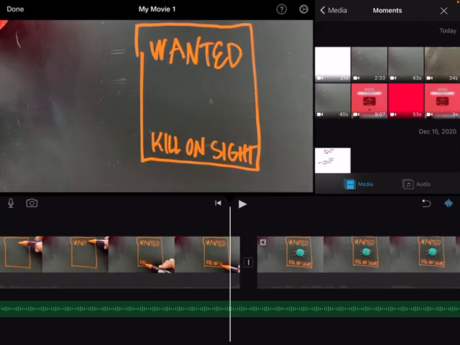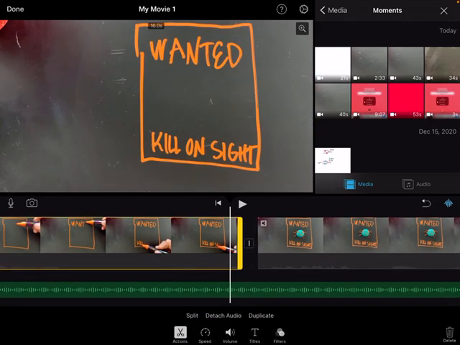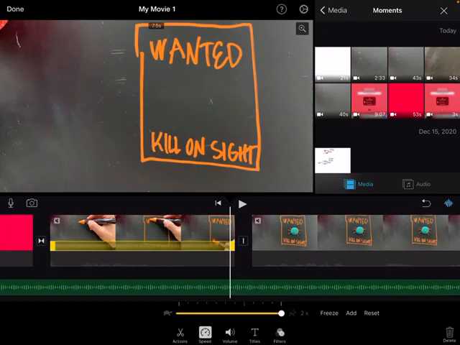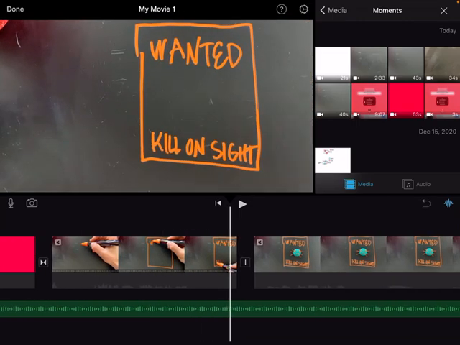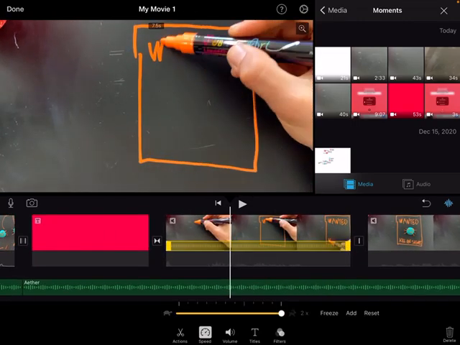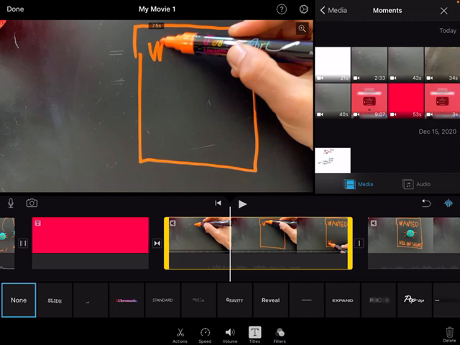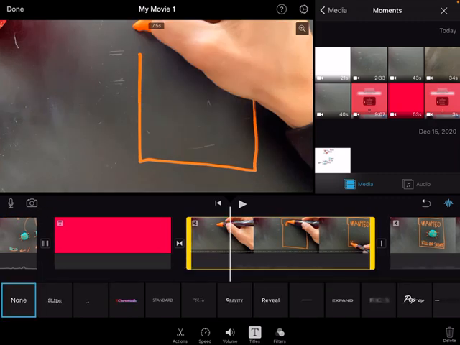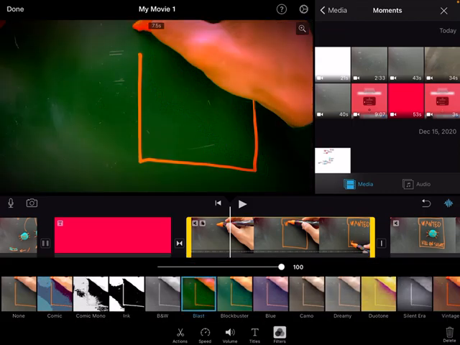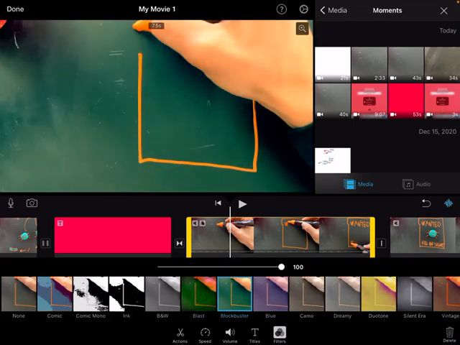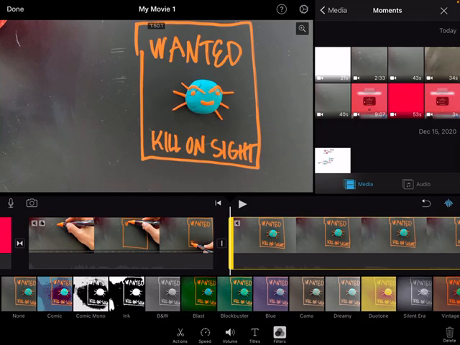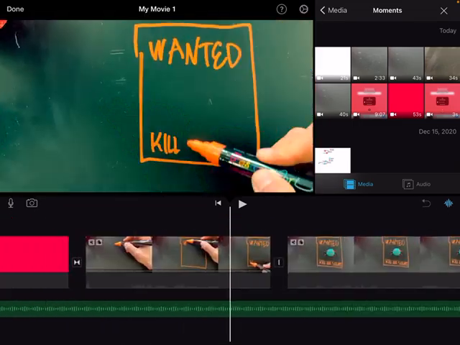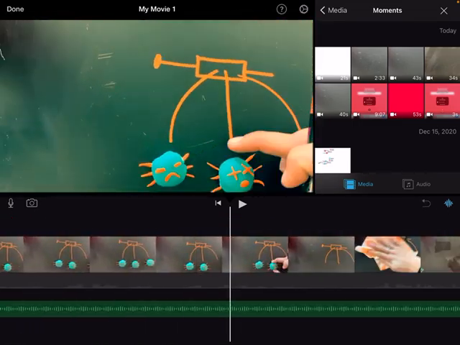If I want to change the speed of the clip, I can make it go even faster to look like I'm the speediest writer you've ever seen. If I want to give some text to this clip, I can even add a title to it, but I don't want to do that, so I'll just do none. If I want to even change the clip and put a filter on it, I can do that too. So there's so many different options that you guys can do with iMovie, and these are just a few of